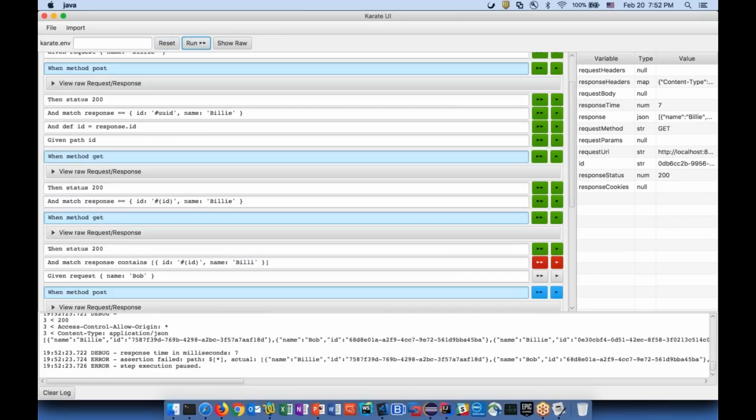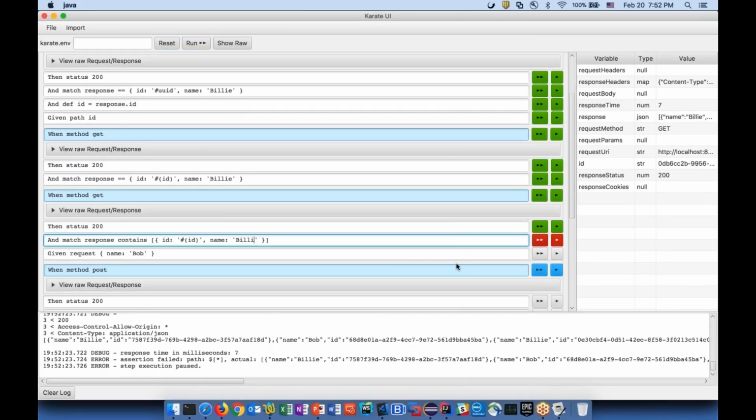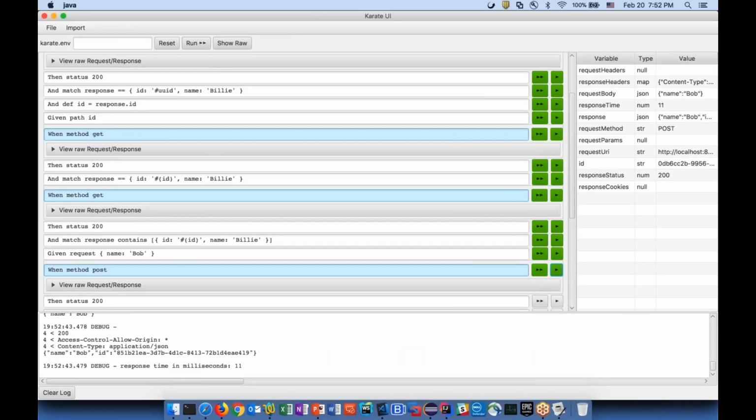If I reset this and rerun the test, it's going to fail here because I had introduced this typo. But here's the amazing part, and hopefully you're going to love this if you have been testing web services for a long time. I can now edit the script inline and replay only that step, and move on. And this is phenomenal because you can see what you did not have to do: you did not have to go back to the start.